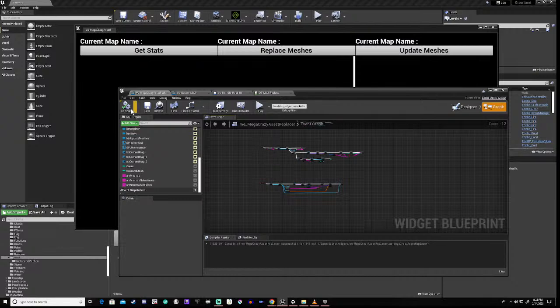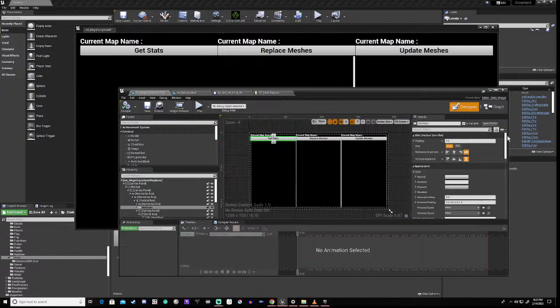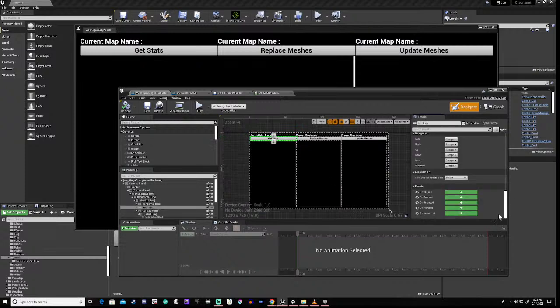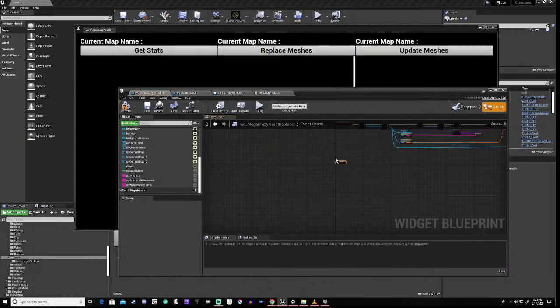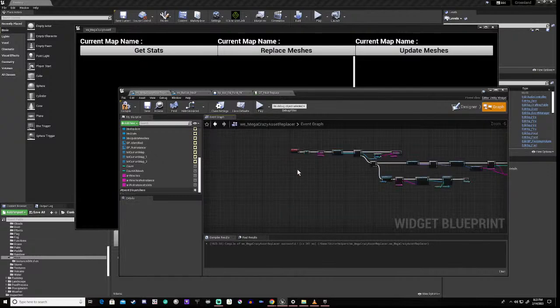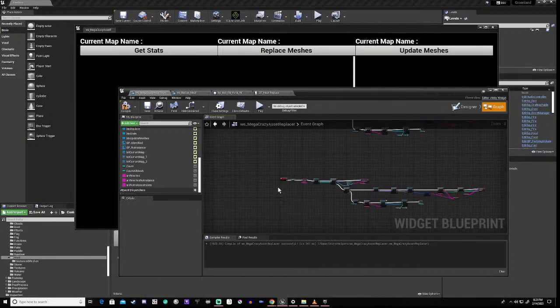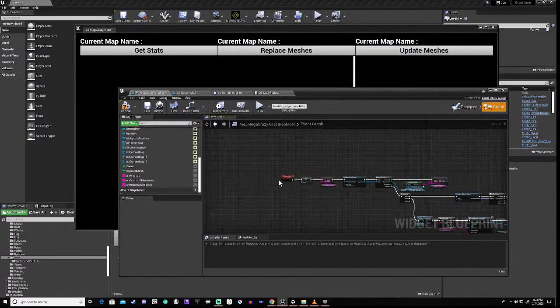Right, so let's go to this button and find out what it does. Apparently nothing, which is probably why it doesn't work, right? So these are all custom events that we need to actually name.